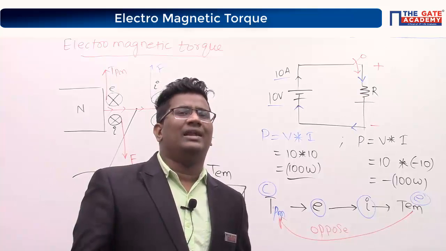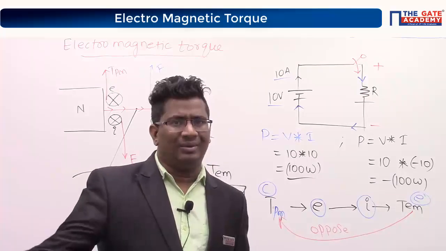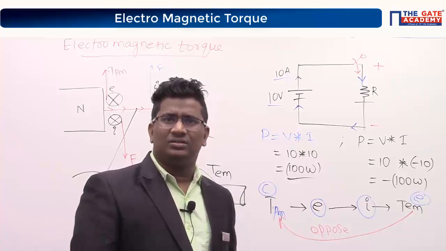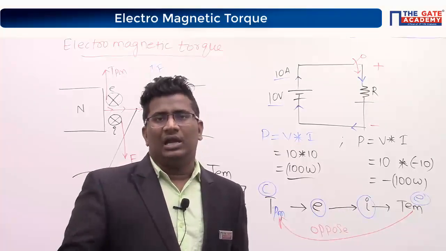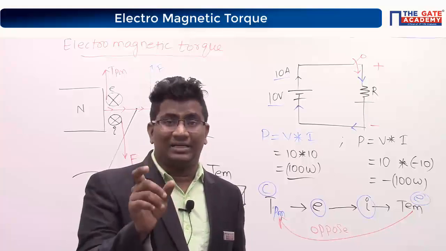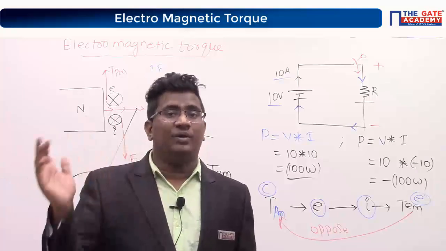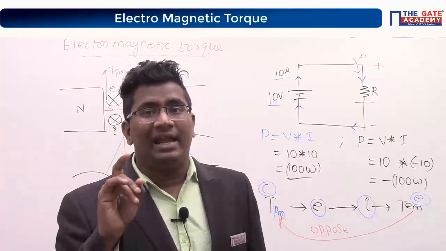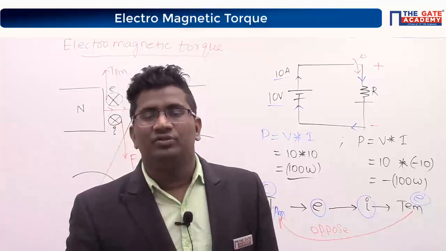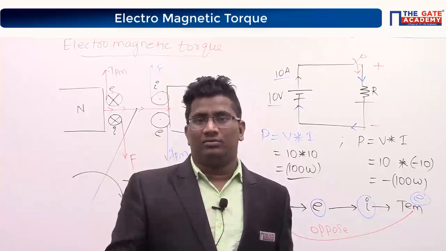What is the input to the generator? Mechanical. Increase the mechanical power. Definitely power will increase, I mean the generated current will increase. But the problem is, already you set the conductor's rating for a particular current. If you transfer more and more current, at one particular instant your winding will be overheated and damaged permanently.